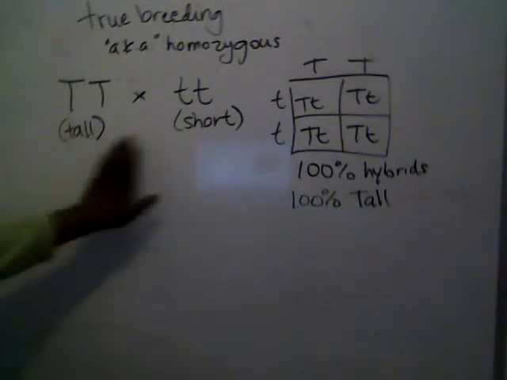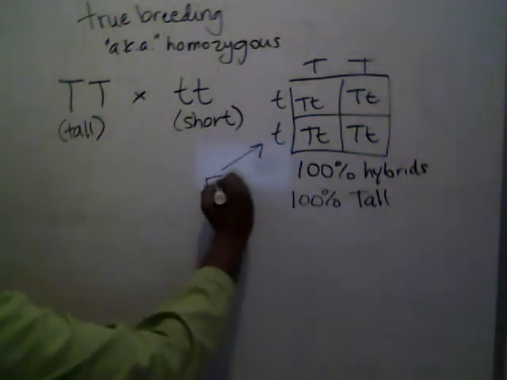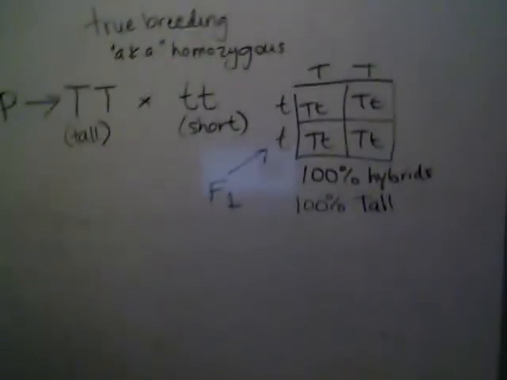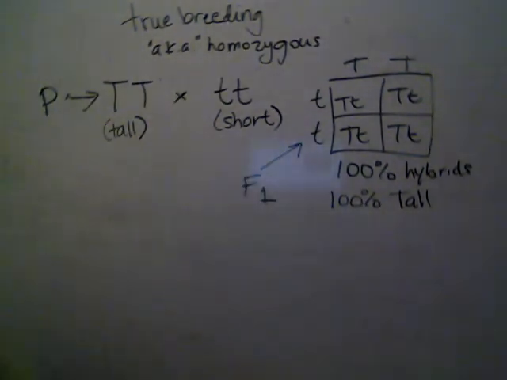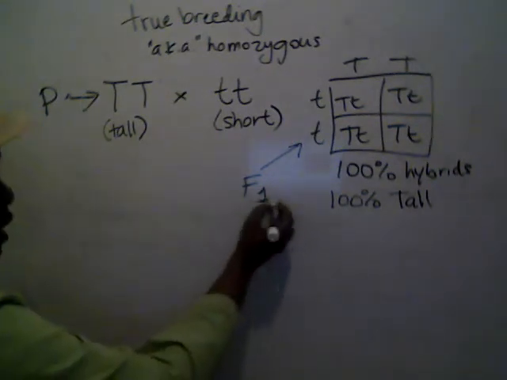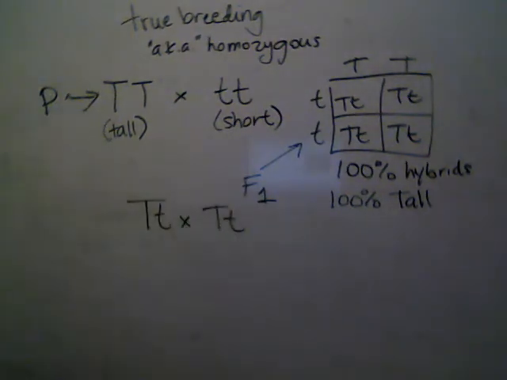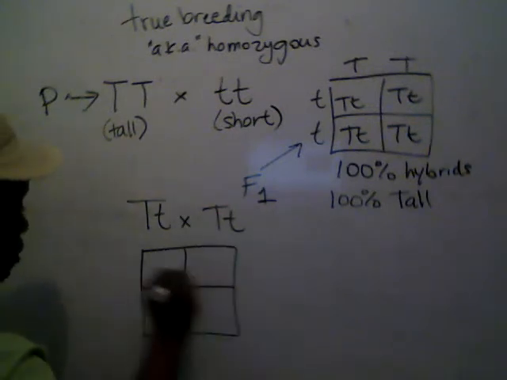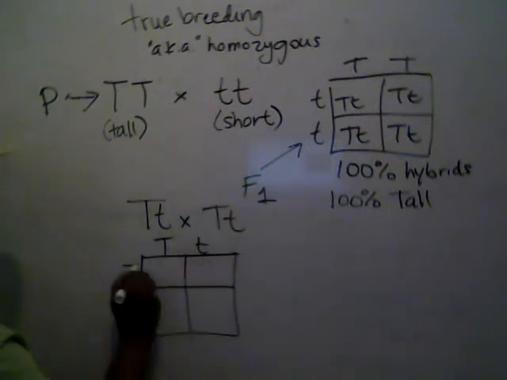So they're saying that when they cross these two together, they got 100% tall. Okay, so this would be the F1 generation, it's the first generation. These guys are the P generation, or the parents. So these are the parents, but this is the F1 generation, or that first generation. If we were to then take these guys here, so big T and another big T, and cross those, these would give us the second generation. So if we cross those, let's see what we actually end up with for the different options. So big T, big T,